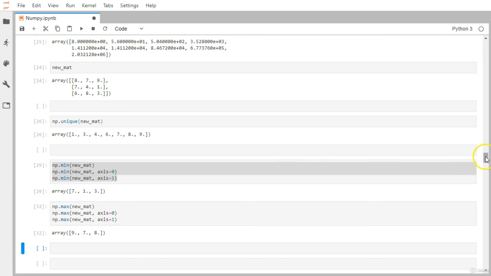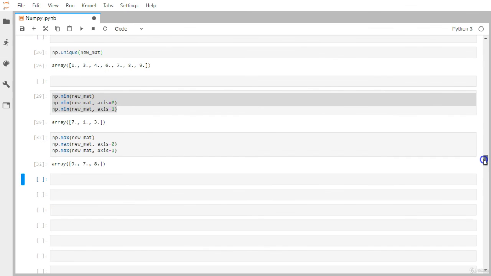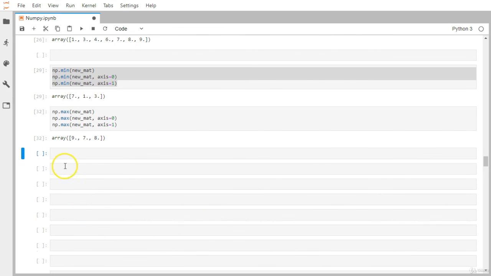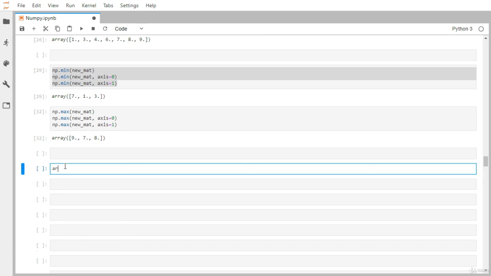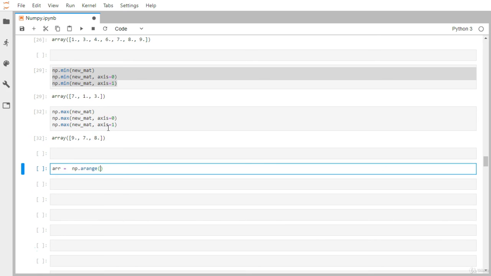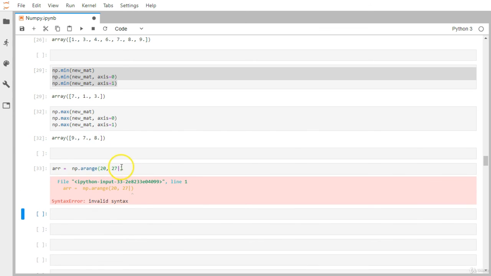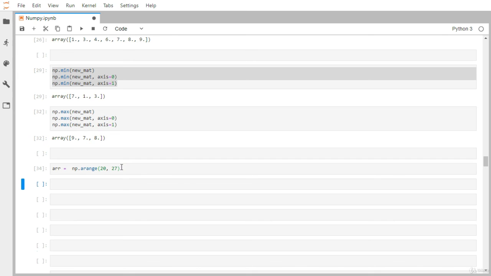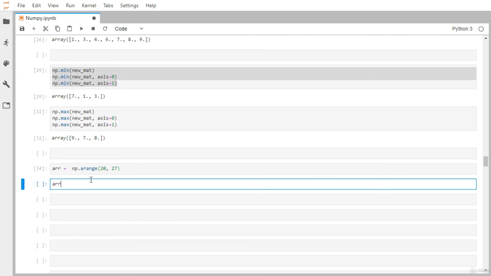Okay, now let's say you want to iterate over every single value available in a one-dimensional array. Let's create one array. We already learned a lot of methods to generate an array. So we'll use range, and let's say from 20 to 27. Some typo here, oops. Let me display it.